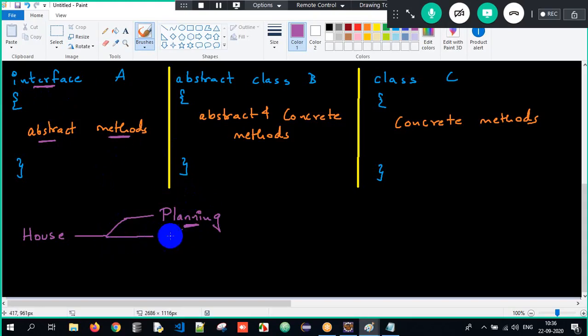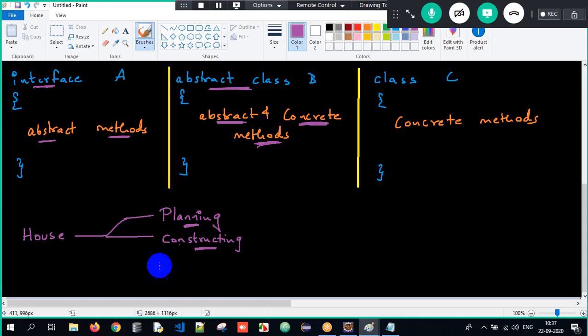Later, the second step is you will start constructing the house. You have not yet completed it; you're still constructing, building. If your goal is to build 10 floors, 5 floors are built and 5 floors are yet to be built. It's still in the construction stage. Five months done, so you have built first, second and third floor, but fourth, fifth and sixth floors are still pending. So that is nothing but an abstract class, meaning half methods are implemented, those are concrete methods, and half methods you have not provided the implementation for, those are abstract methods.